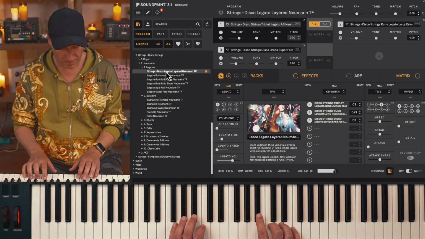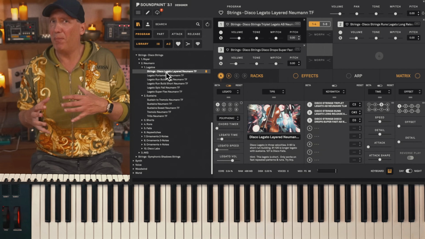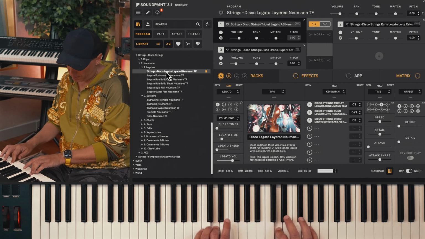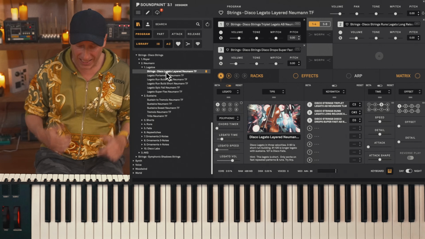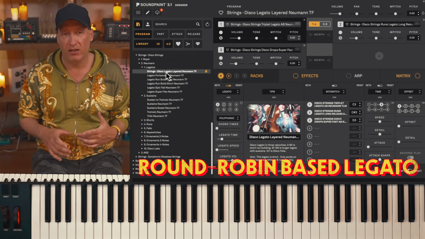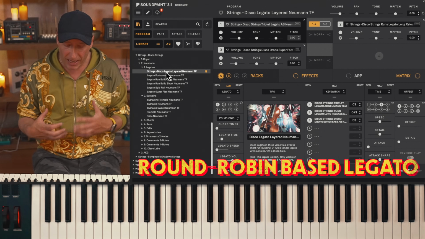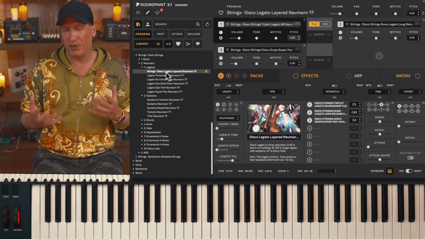You may have noticed on this particular legato here that the note can be very short. And there's a reason for that. Try to check out how real it sounds. It's very bubbly and alive, kind of bouncy. So da-da, it has a little bit of sort of swingy kind of vibe to it. This is a particular round robin based legato we've designed for very fast and acrobatic and realistic kind of playing. You can actually, because it's round robin based, play trills with it.